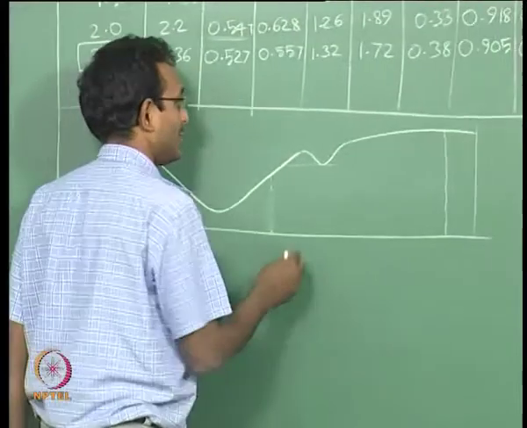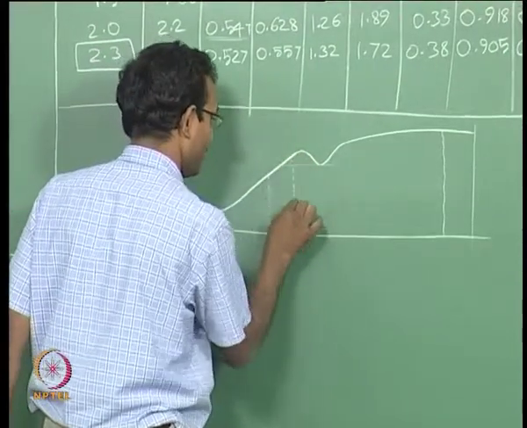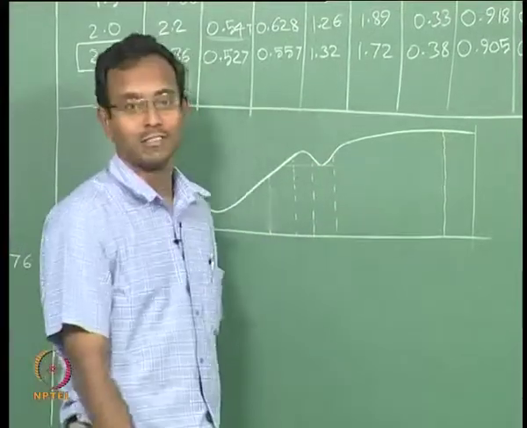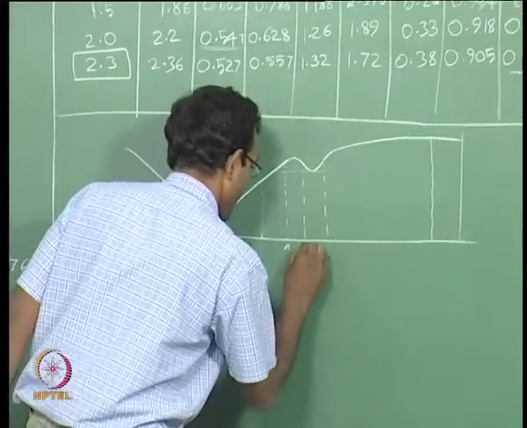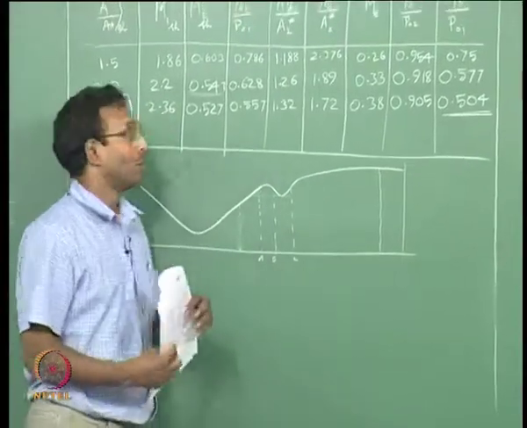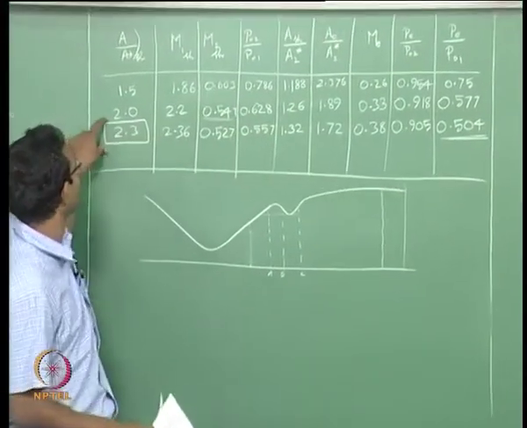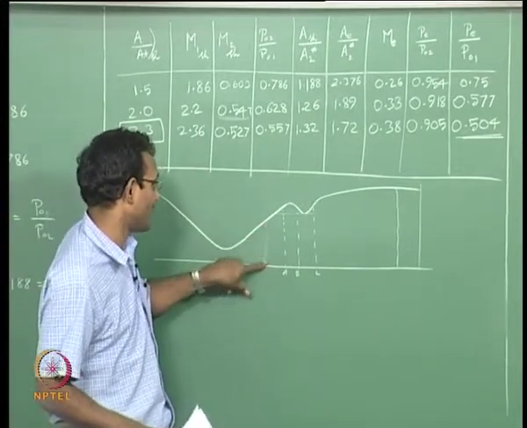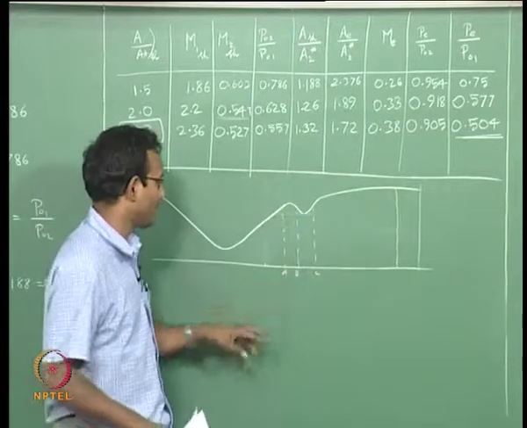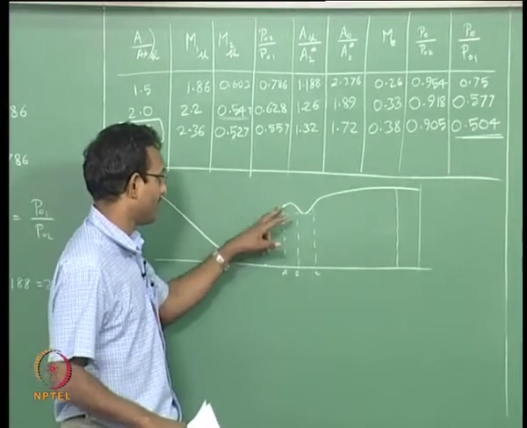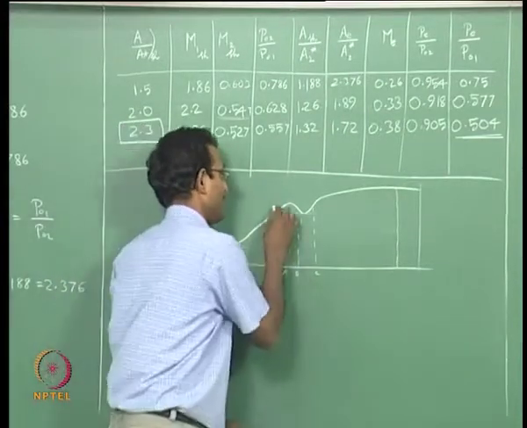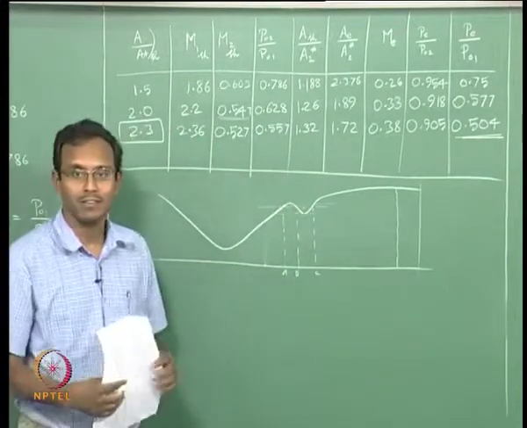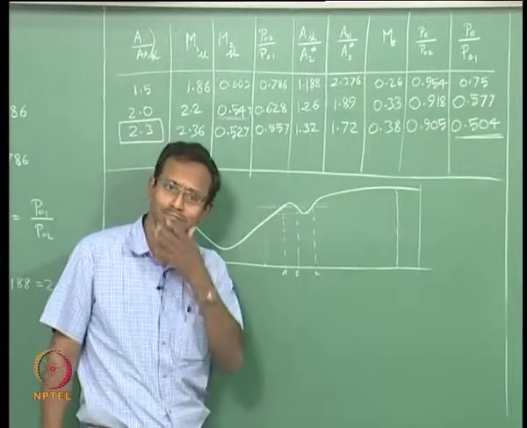What if my pressure is such that the shock is supposed to be at some area here? Could it be here, here or here? Where will it be? There are 3 places. I will call them A, B, C, 3 possibilities. I have gone through the calculations and found the A by A star at which the shock is supposed to be located for me to satisfy the exit conditions happens to be that particular area. The area happens to be this height, that is the area where my shock should be standing. Now, I have 3 possibilities for this. Where will it stand?